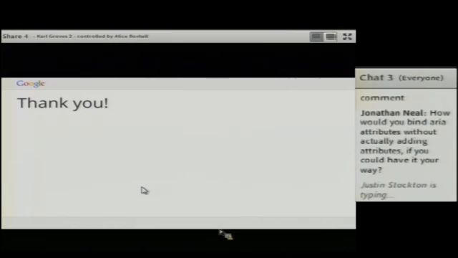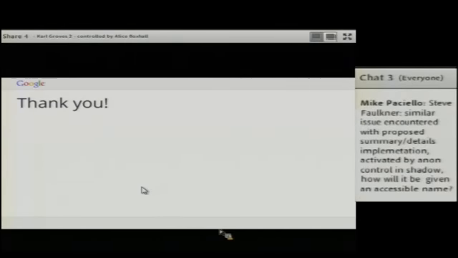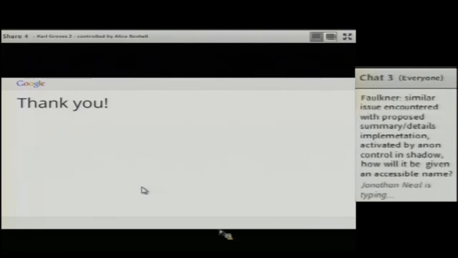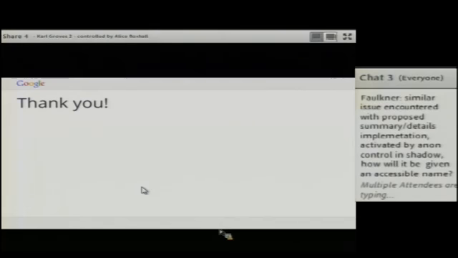How do you bind ARIA attributes? So the proposal would be to have properties on the element as opposed to attributes. So properties on the elements which are not reflected. So there will be a little bit of a dance where if you do declare those ARIA attributes declaratively, then they will be reflected and they will be translated through to those properties. But if you declare it programmatically, it won't be reflected out into the declarative view of the element. So does that make sense?